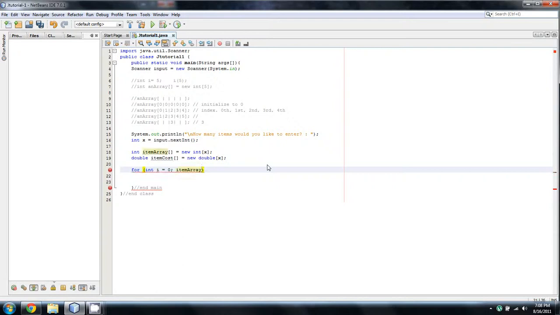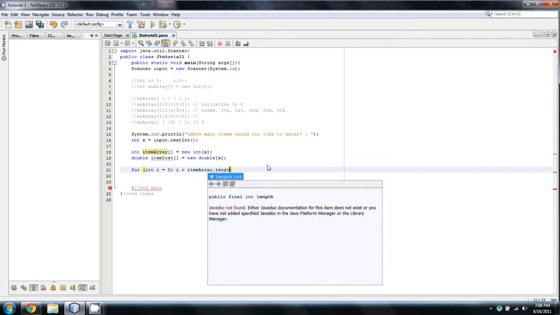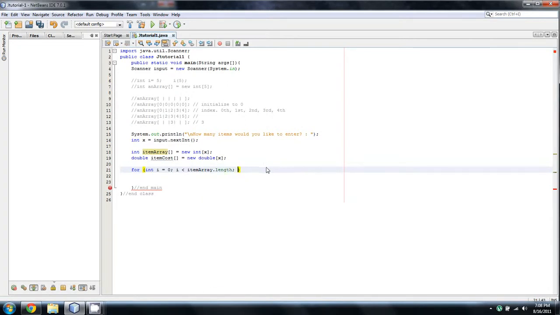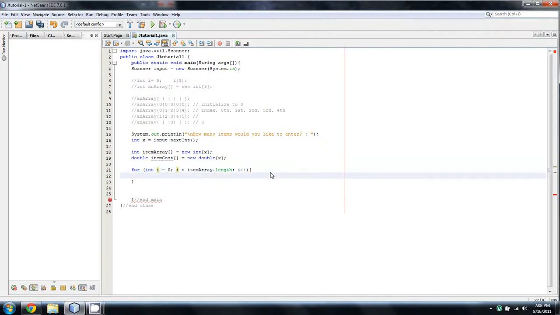So we're going to take itemArray. Oops. What am I doing? i is less than itemArray.length. And I'm going to tell you why I use that in just a second. i plus plus. Okay, so now rather than saying i is less than x,